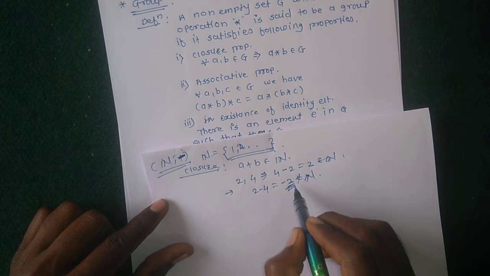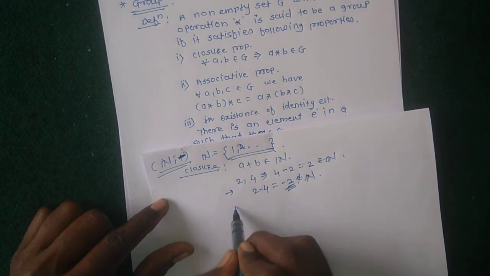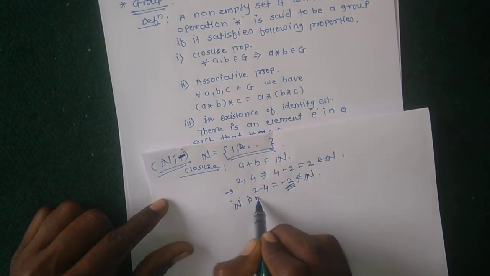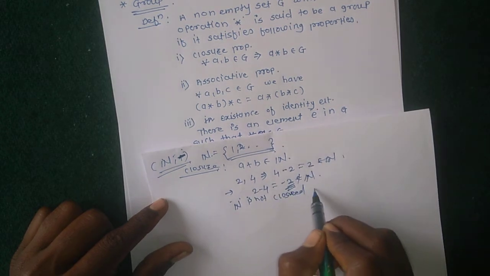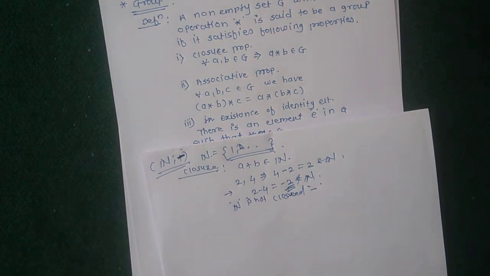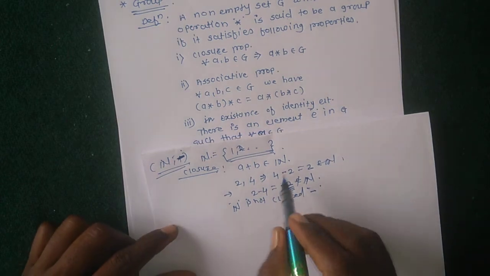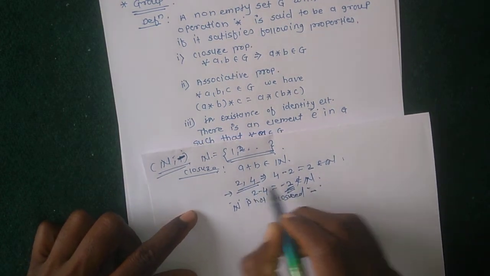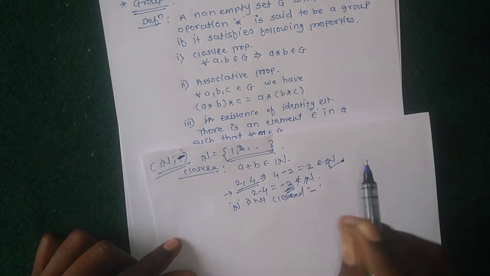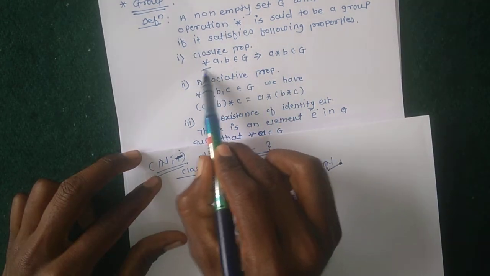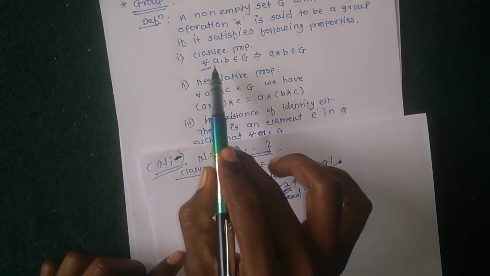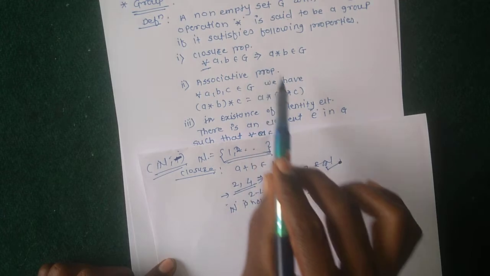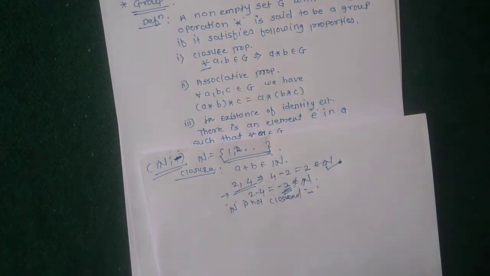Okay, therefore -2 does not belong to N, therefore the set of natural numbers N is not closed under negation. Not closed under negation means the negative sign for negativity. For 2 and 4 this condition is satisfied, but the definition says for all A, not only one. For all elements this condition must be satisfied, then the given set is closed under the given binary operation star.